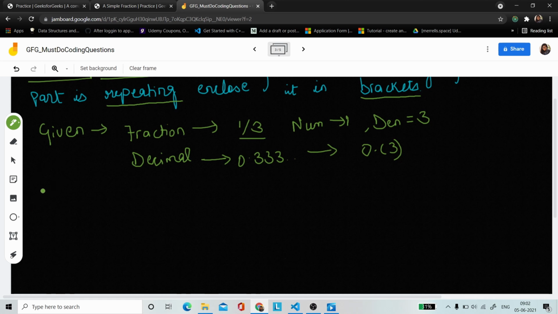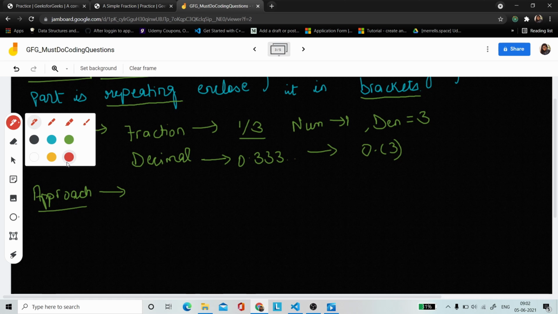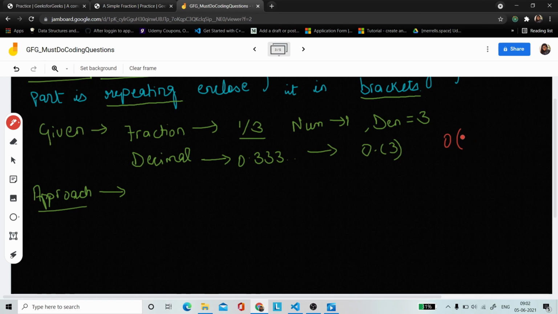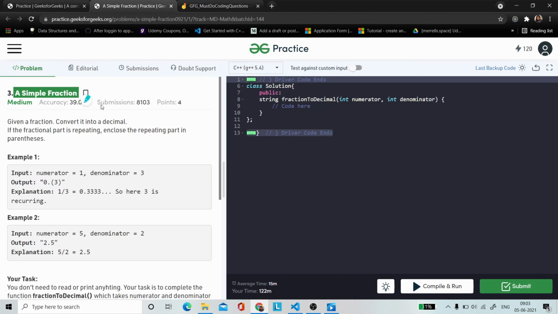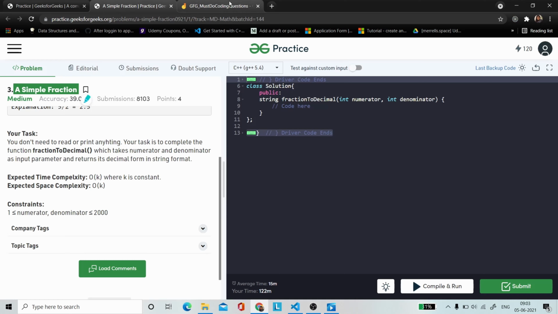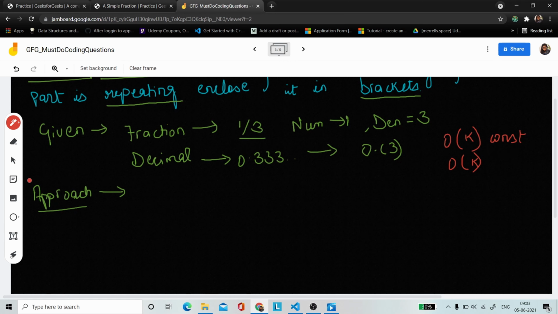Coming on to the approach, the one important thing is that the constraint says that we have to do this in big O of k time complexity, where k is some constant, and big O of k space complexity.